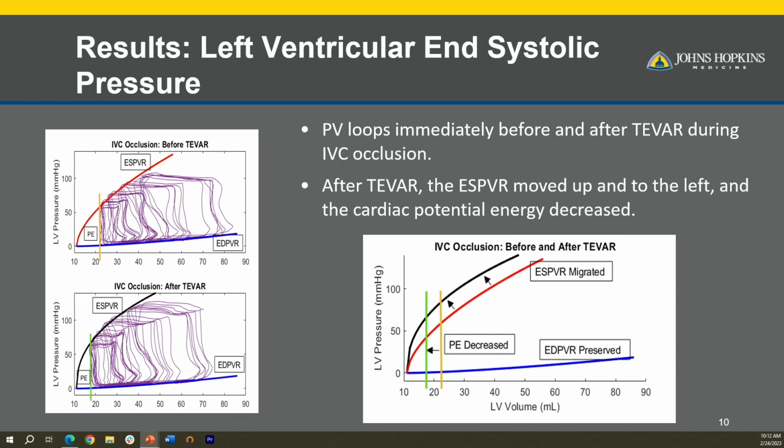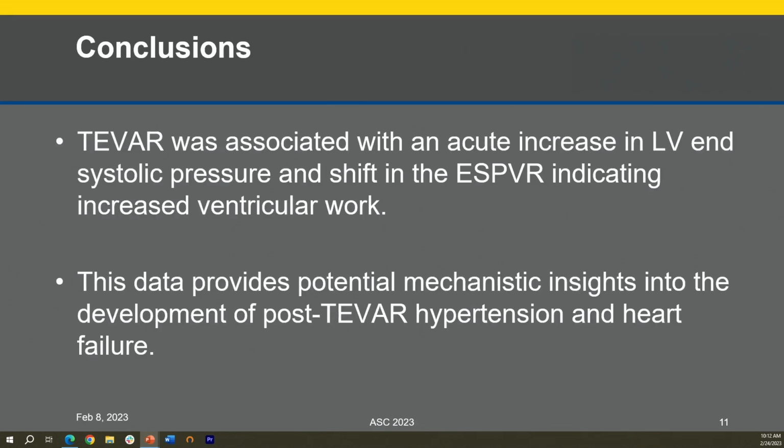Again, so this is a sort of, you might say, more sophisticated way, in this one animal, of supporting the data seen in the previous 5, which is that there seems to be a change to the end systolic pressure volume relationship, but not necessarily the end diastolic pressure volume relationship. So overall, the point here is that TEVAR was associated with an acute increase in LV end systolic pressure and a shift in the end systolic pressure volume relationship, and this together indicates that there's increased ventricular work in the left ventricle, and this may provide some sort of mechanistic insight into how patients develop hypertension, heart failure after TEVAR,